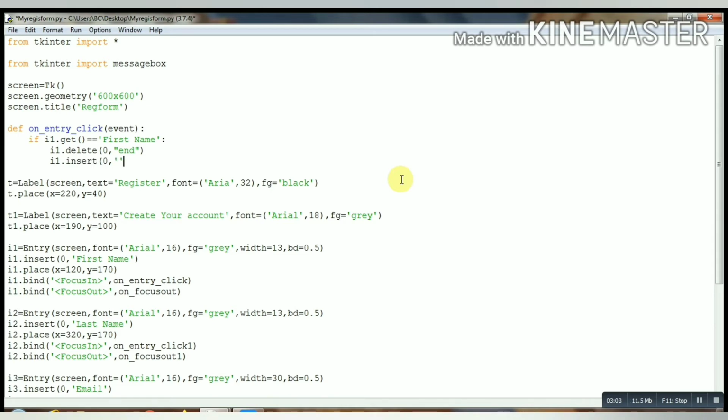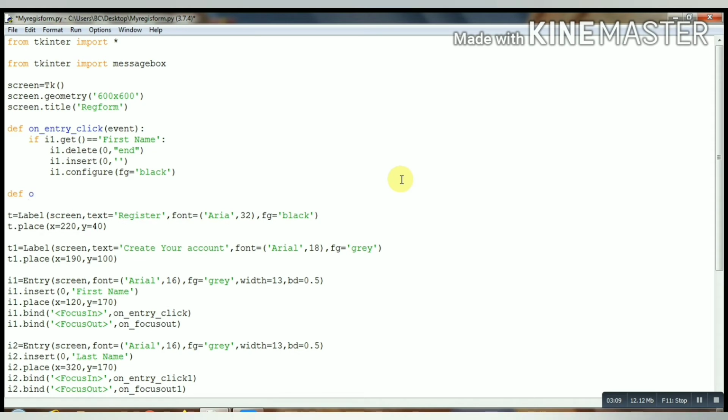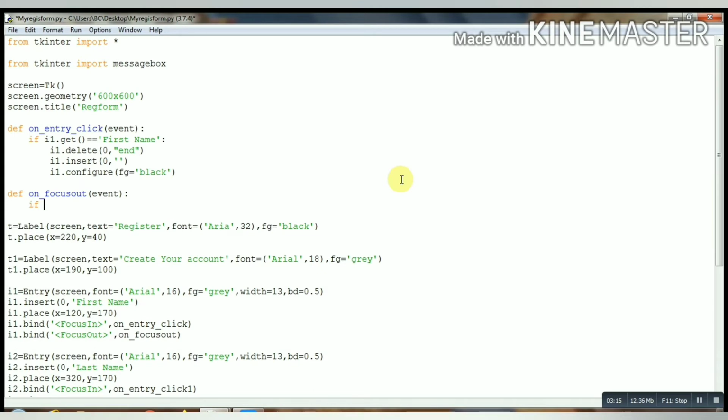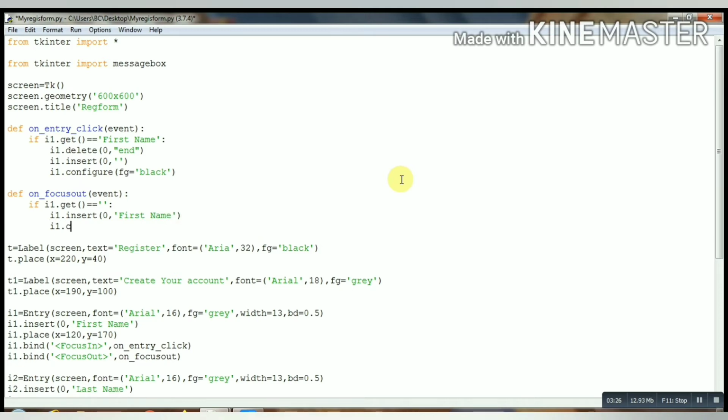It's from 0 to empty, and set its foreground as black. Now we will define on focus out, meaning the user switches to another entry widget, and if he doesn't enter anything, then we will again give it the name, that is First Name, and set its foreground as gray.